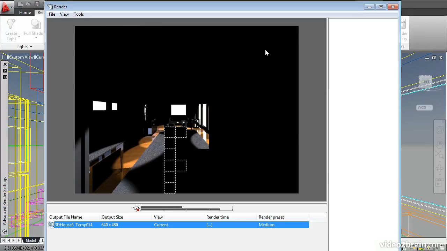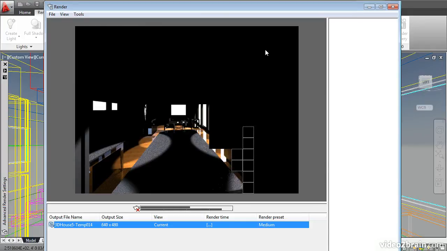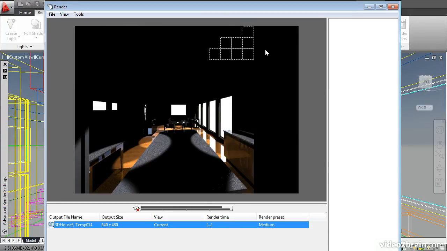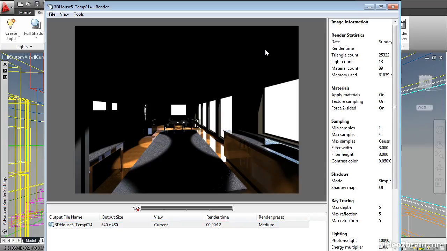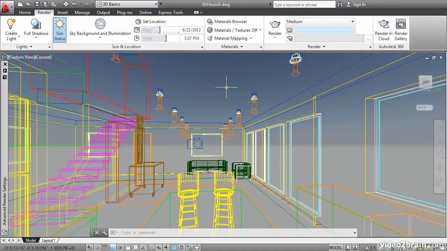And what's happening right now is it's rendering the direct illumination, which is the light that comes directly from the light sources and strikes surfaces. It's not simulating bounced light, however, and that's why we're not seeing any illumination on the ceiling or the back walls. Close the render window and type